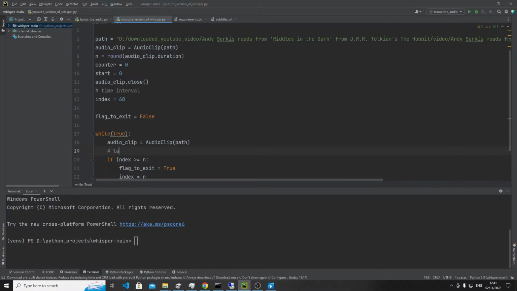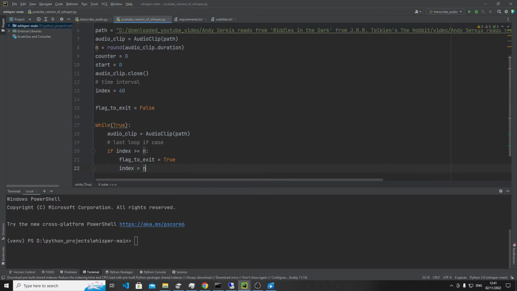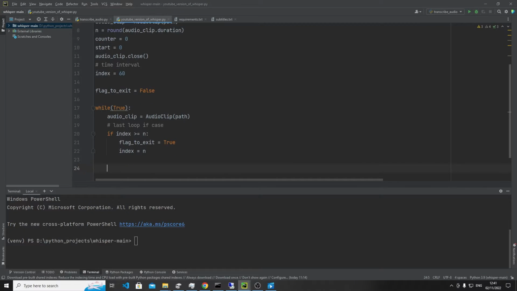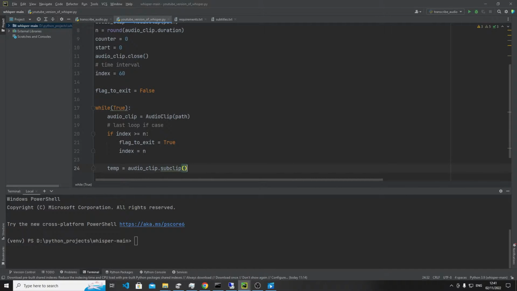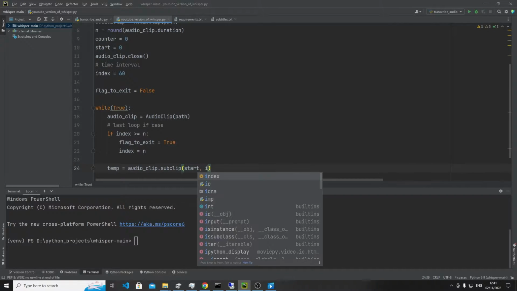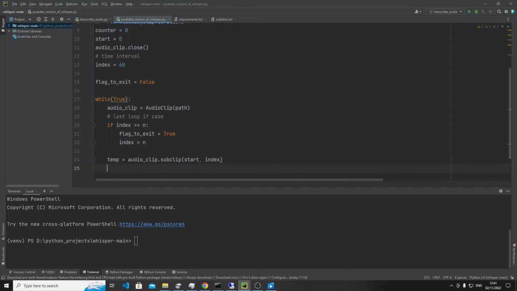So last loop if case. Then we want to have a temporary variable called audio clip.subclip, which will be from our start to our index. So this is the part where we're actually clipping the audio file into parts now. So we then have to save it somewhere. So we have a saving location,